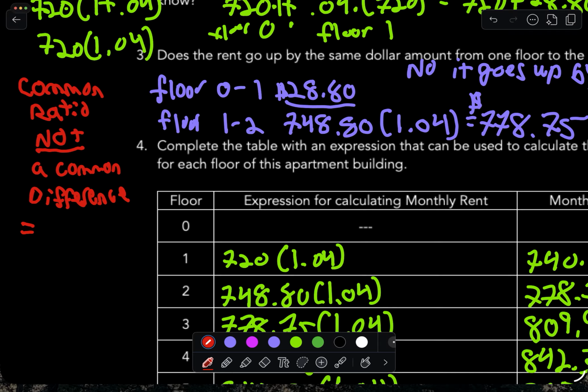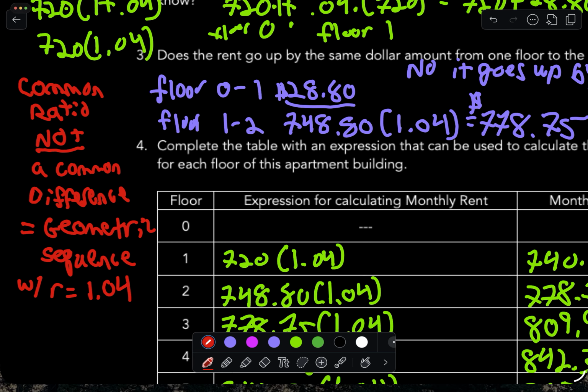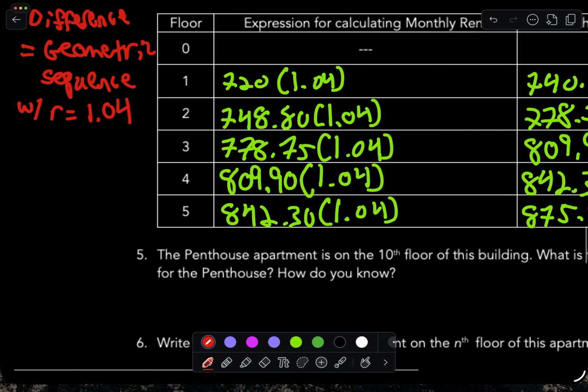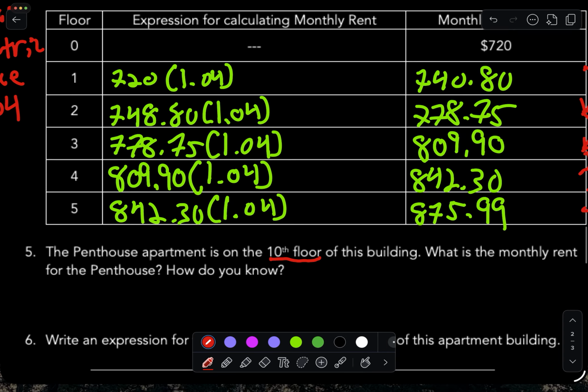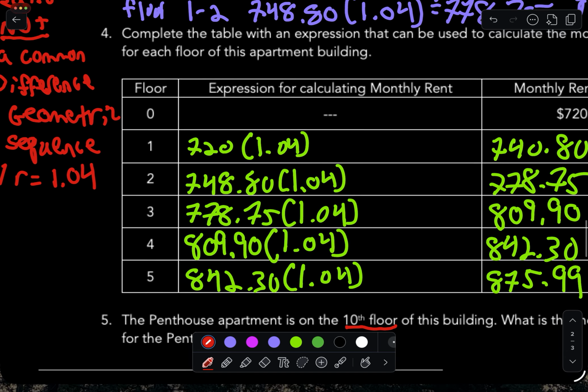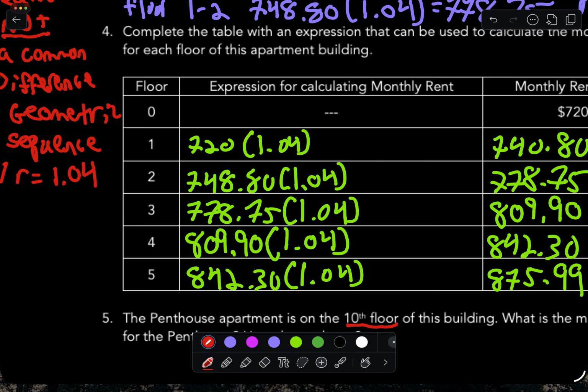That means geometric sequence, because we're multiplying by the same number, with r equaling 1.04. That's what we're multiplying each time. All right? So the penthouse apartment is on the 10th floor of this building. What is the monthly rent for the penthouse? Okay, so this is floor 1 right here. Notice floor 1 is just 1.04